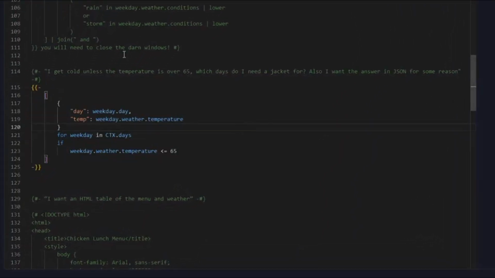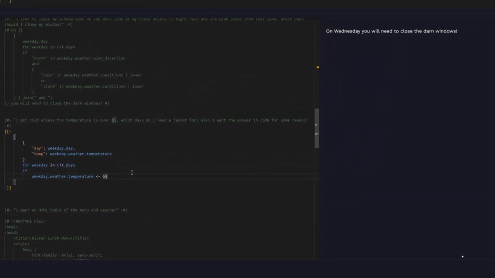what we see is we have our Jinja list comprehension, which is great for outputting JSON. I'm going to build a list of things that are going to be encapsulated by these single curly braces. So I still have my for weekday in ctx.days. I still have my conditional. In this case, it is if the weather temperature is less than or equal to 65. But my object is going to have a day object and a temp object. The day object is going to show the name of the day. The temp object is going to have the temperature. So if I run that,